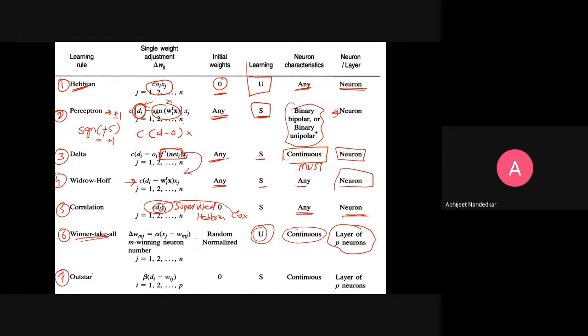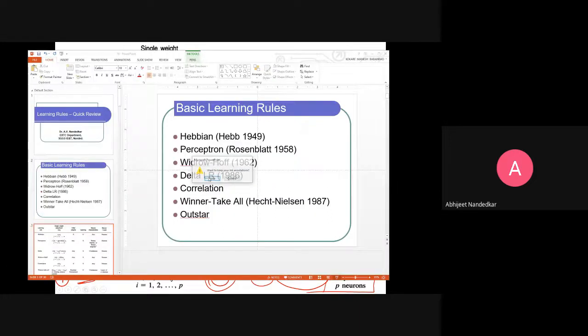The seventh one is optional, as I said, just for the purpose of reordering things. From the previous step, you can order the things if you want, then use Outstar. Again, it requires a continuous activation function, it is supervised, and this is the important thing: you must initialize your weights to 0, or near 0. It is again applicable to neurons. So this is, in a nutshell, what we see as the basic activation functions and basic learning rules for neurons.